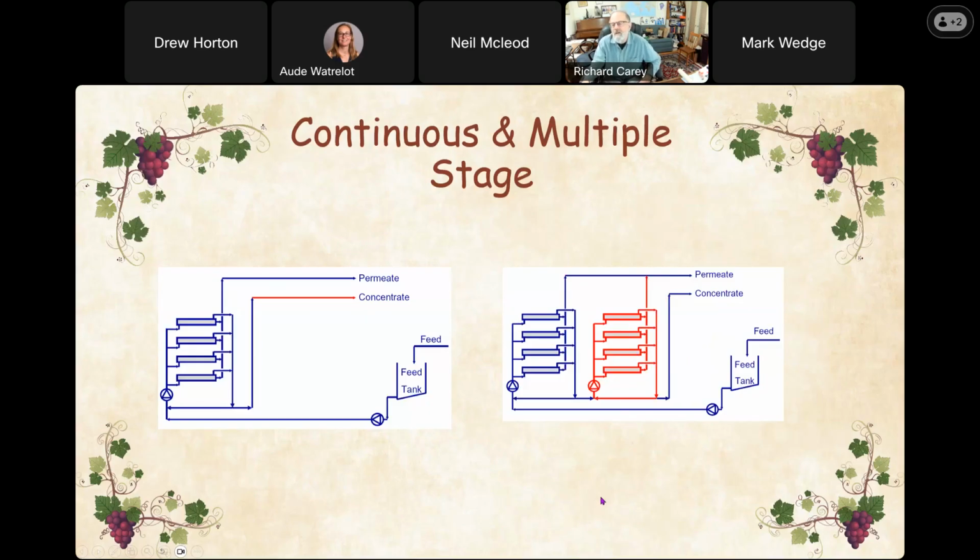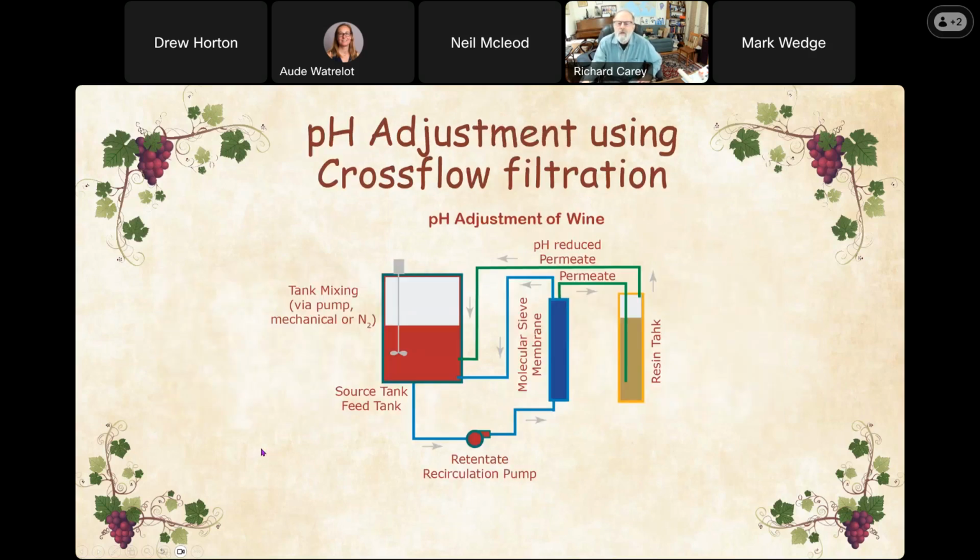And there's larger size systems that will be multiple millions of dollars that larger wineries can use. You can also, with crossflow filtration, adjust pH. And this is especially the case for smaller wineries, because if you have a wine that has a high pH, by making a couple of modifications to your membrane, you can have your high pH wine go round this way and go back